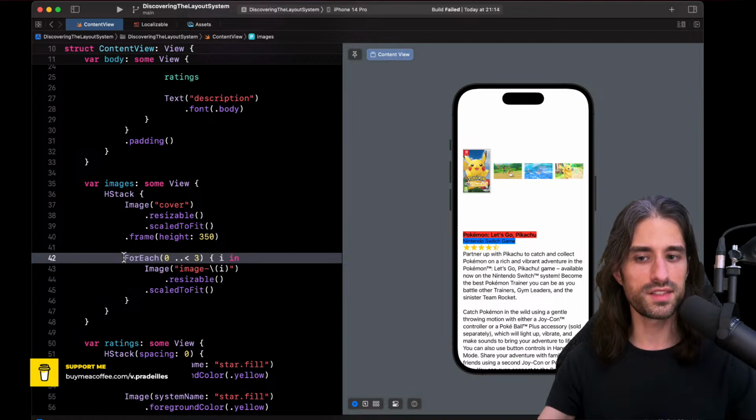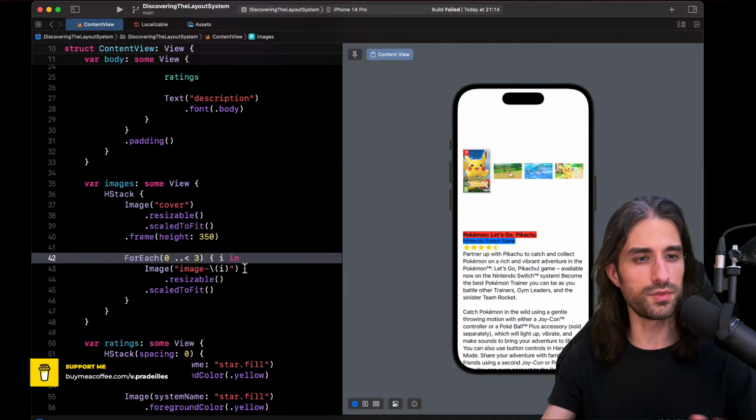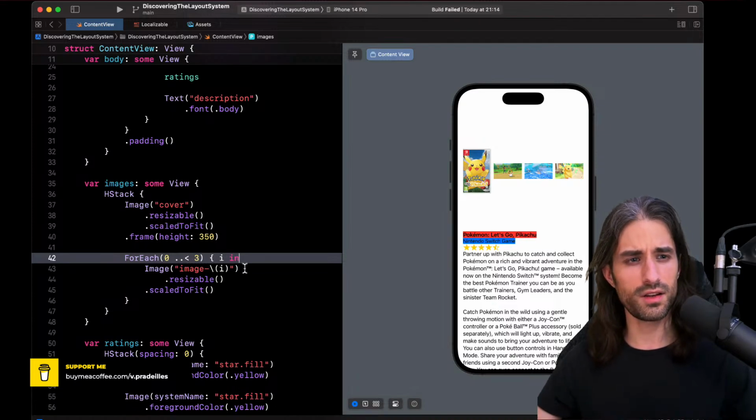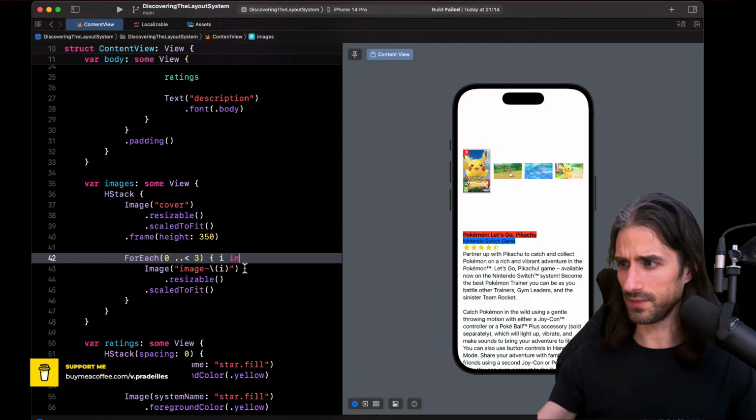So here we iterated over the elements of the integer sequence 0, 1, 2 to build the 3 image views with the names image-0, image-1, image-2. So it's a simple example of how you would build more complex views by iterating over more complex sequences. And we will see, I guess, in a later chapter, how we deal with more complex sequences. Okay.